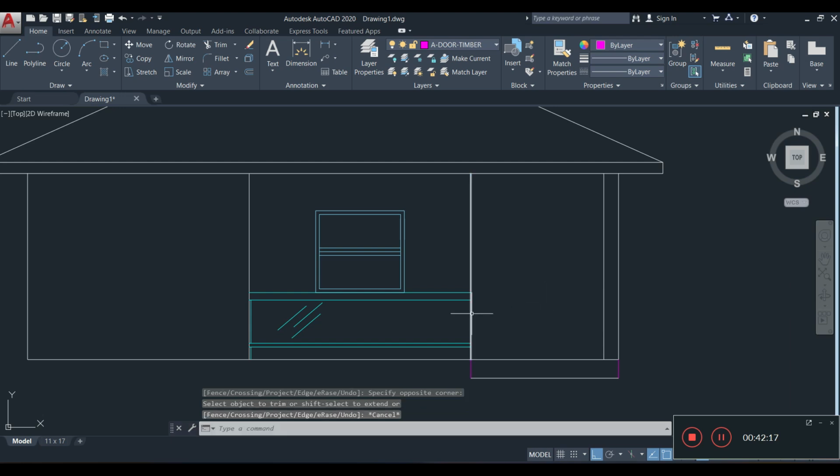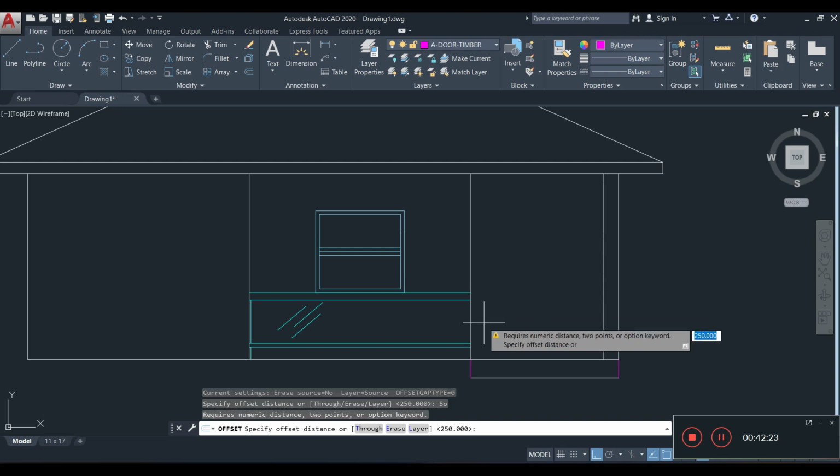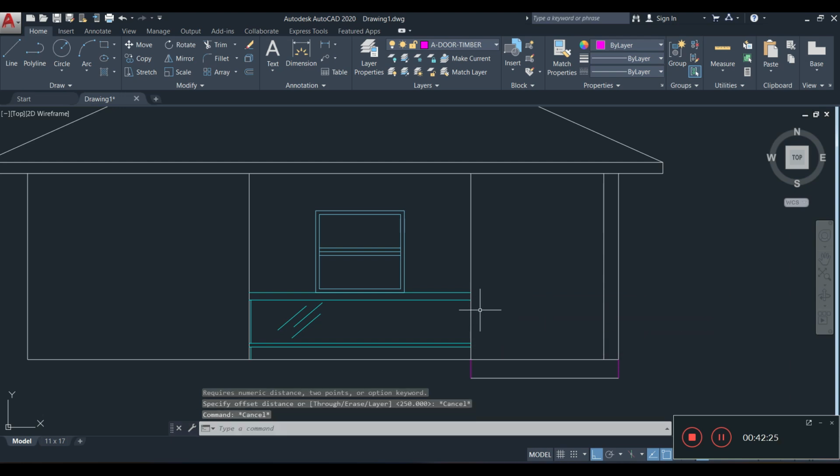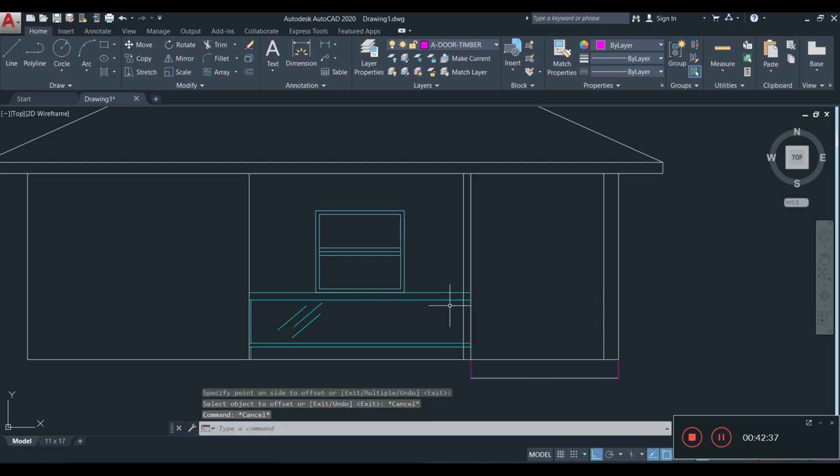Alright, I can offset this line here in by 50 or more. Let's offset it by 100, because since it is going to be freestanding by itself, it's going to be more like a baluster. And once I have that in place, I can just trim what needs to be trimmed, such as everything above this line here,